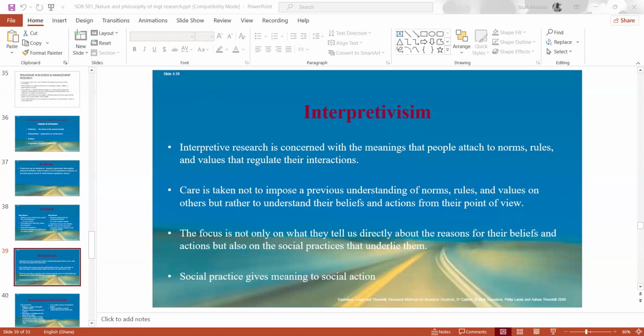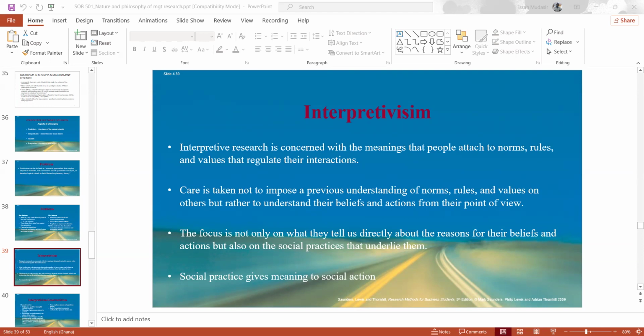and not go into the research environment and say that context has no role to play, the culture has no role to play, the values have no role to play. The reality is what it is. So we are just going to come and observe a neutral reality and then take our information. No.